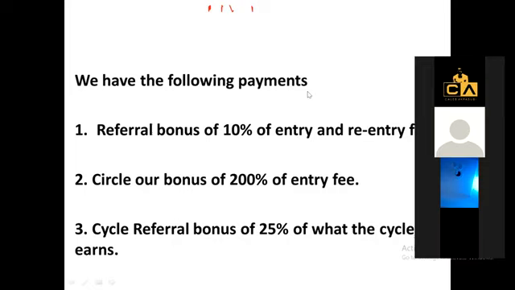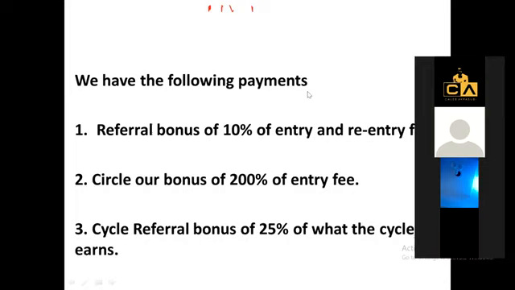There's no team there. The person is just going to fall on the next available position for the person that needs to cycle out to cycle. So you are just adding to the growth of the community. And for that reason, 10% of that $2 is to be paid to you. And guess what? When that person cycles out and $2 is taken out for auto recycling, when that person auto recycles again, it's like the person is re-entering. Another 10% is going to be given to you. So if the person cycles out 20 times, 40 times, that's how you keep earning that 10% on and on, as long as that person is re-entering and re-entering and re-entering.